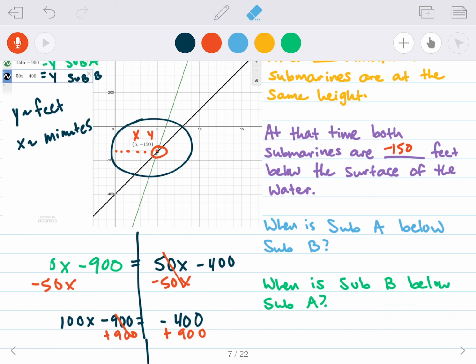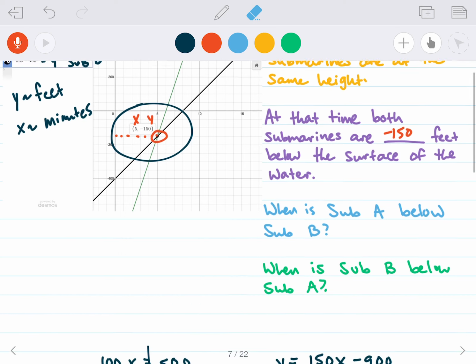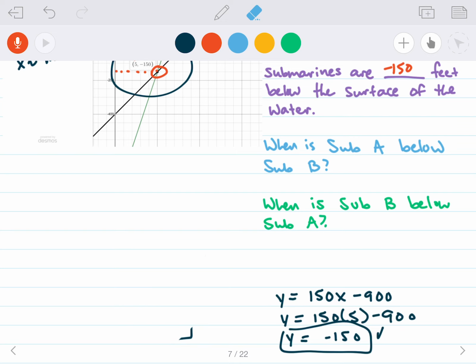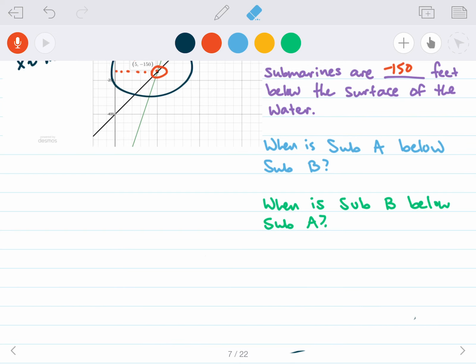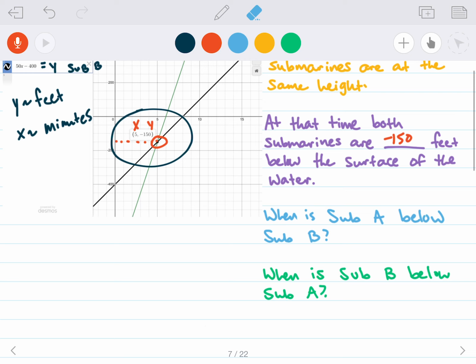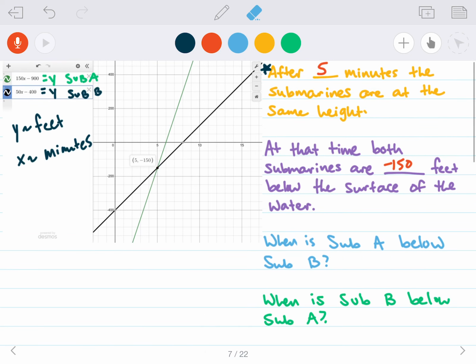Okay, so let's go ahead and answer these next questions, and I'm just going to use the graph to do this. We could set up inequalities, but just for the purpose of time, since we already did some problems like that with the inequalities, I'm just going to look at the graph. So first question, when is sub A below sub B? Remember, sub A is the green line, and we can see that the green line is below the black line